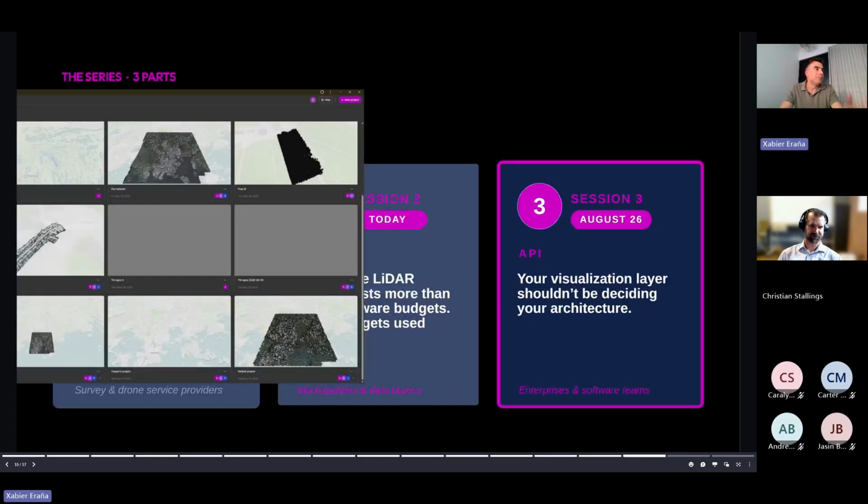Anyway, I just was going to mention that this was session 2 about ways of utilizing data more efficiently. We saw different things. We saw how a single archive can be used by different departments.